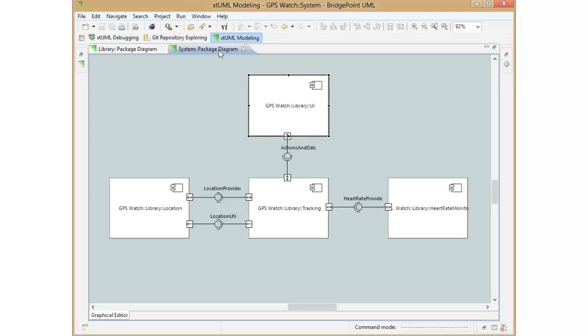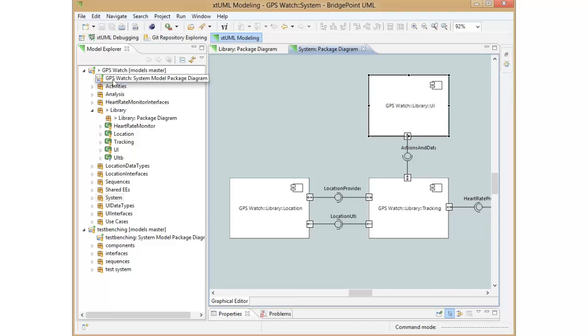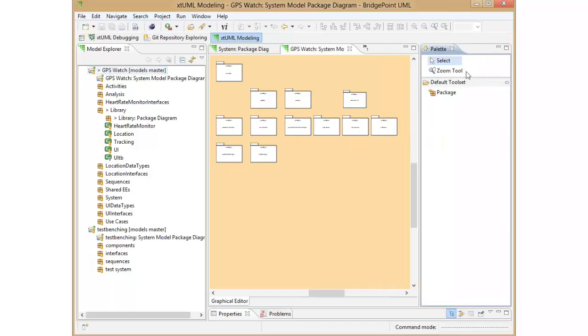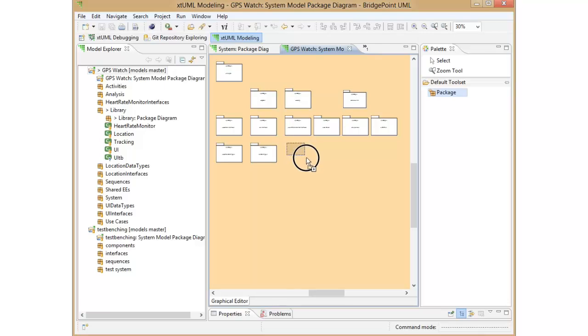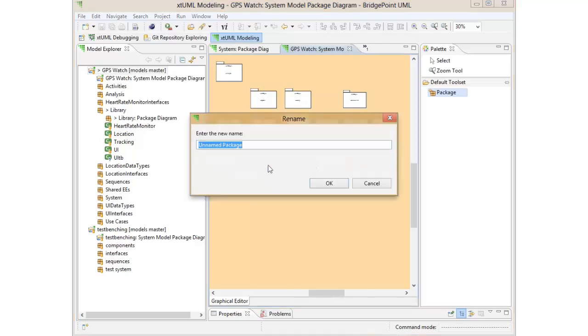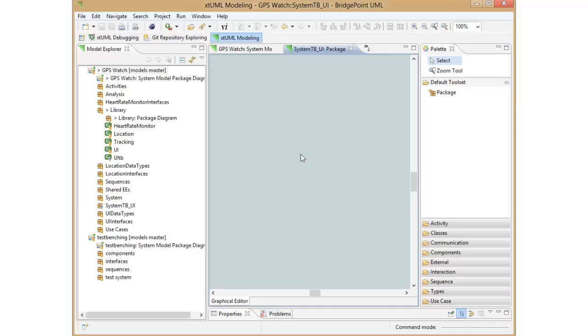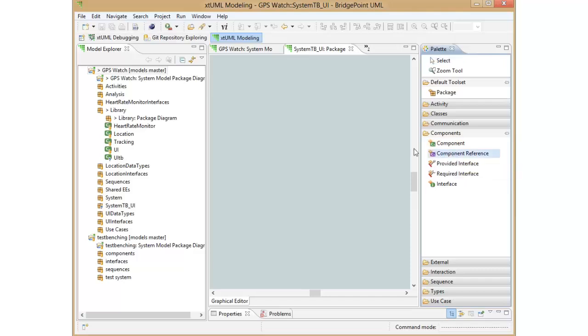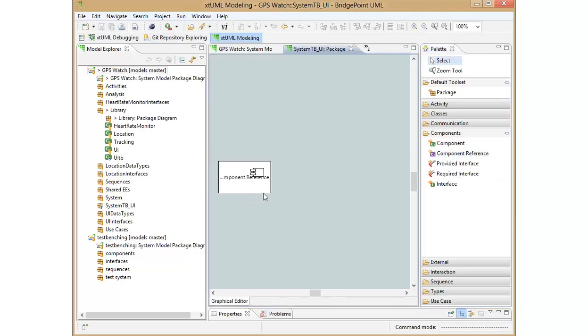So I will create a new package and I will call it System TB UI. And in here, I will create a new component diagram that has all of the system components that we need. So I'm going to add